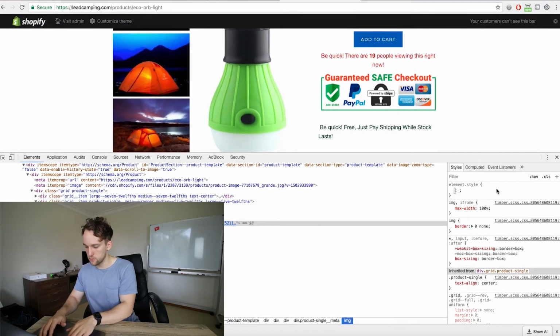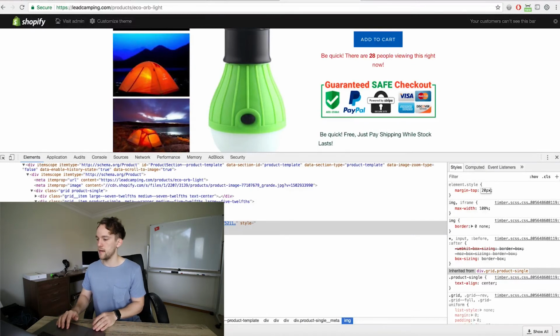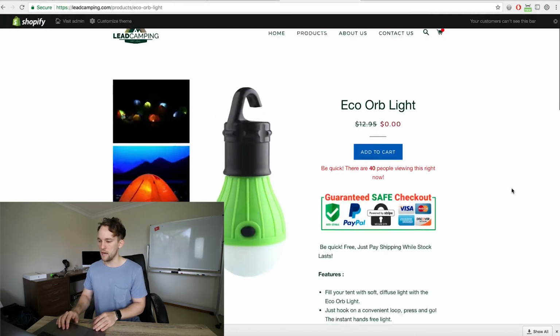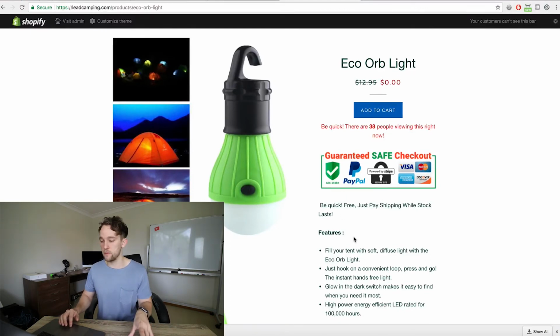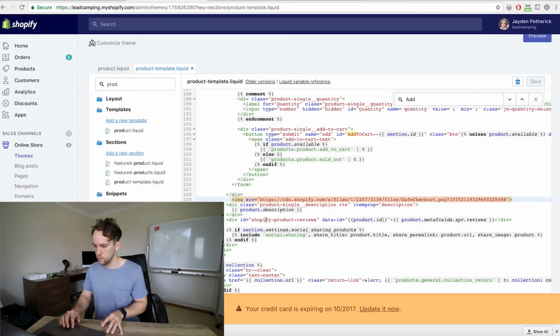So what I'm gonna do is do margin dash top 20 pixels, and that's probably gonna work pretty well for us in that space there. So in summary, I want to give this a margin top of 20 pixels and this one as well. So just coming back over to our theme here, what we can do is actually just code this in